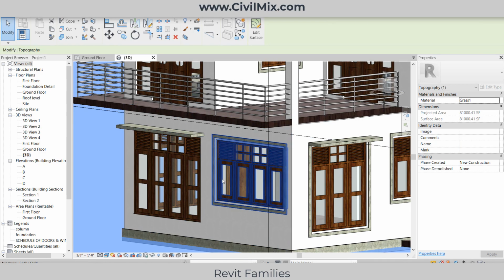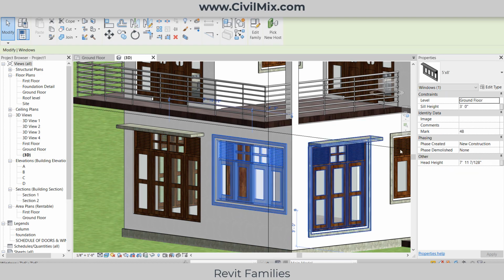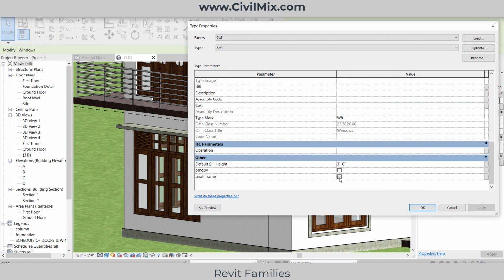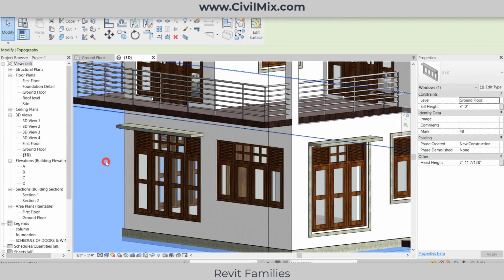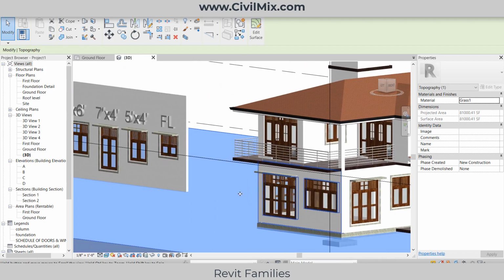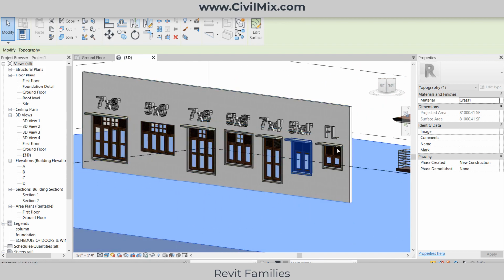Also, if you want to remove this small frame or trim, again you need to select this window, go to edit type and other, untick small frame, click apply, click OK. Now the small frame or small trim also vanished. So this step can do all of these